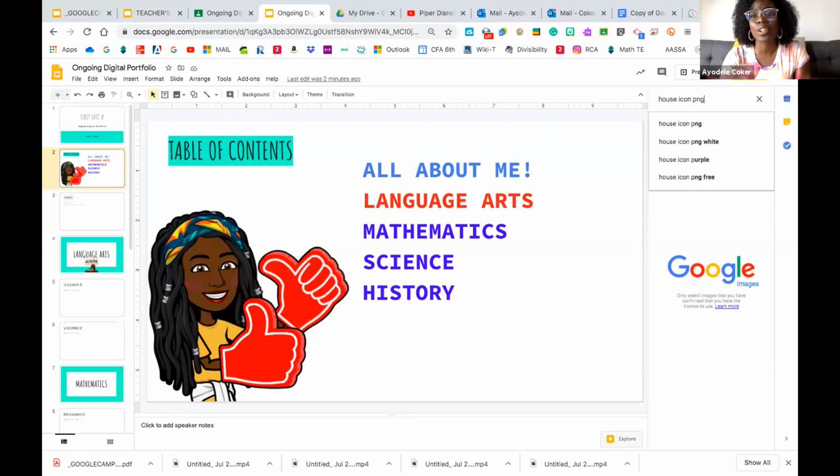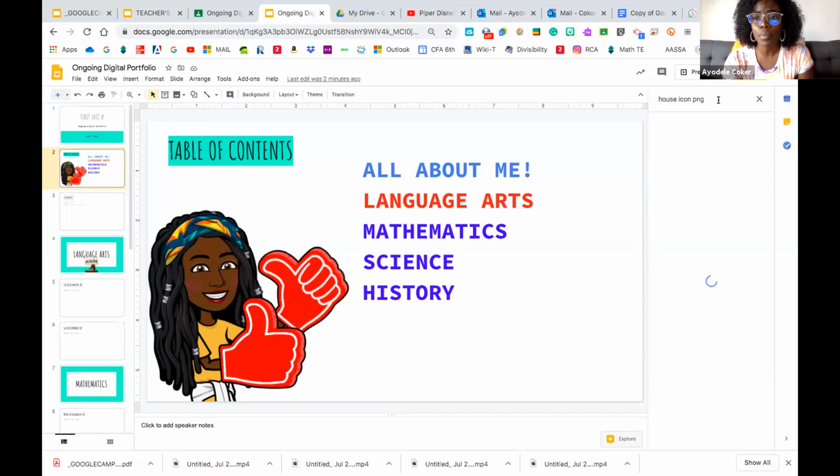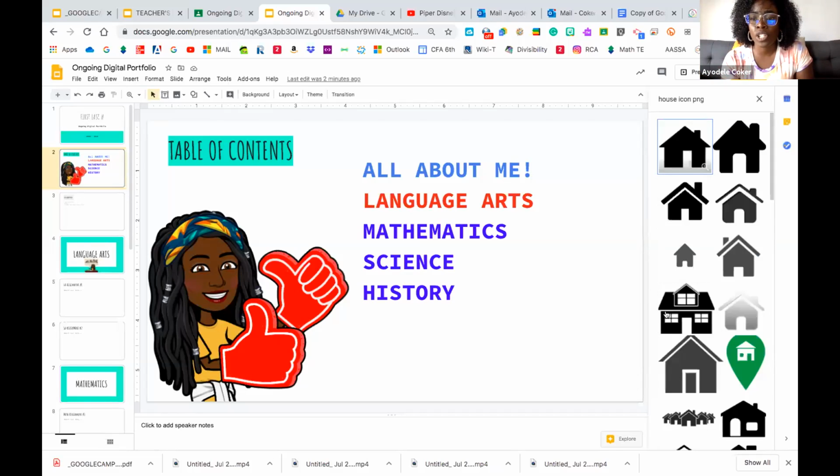Now, when you add the letters PNG behind anything that you search, it makes the background transparent so that it won't interfere with anything else on the page. Okay, so house icon PNG, and a bunch of these icons come up. Very cool. I'm just going to use a simple one. Select the one that you want, insert it.